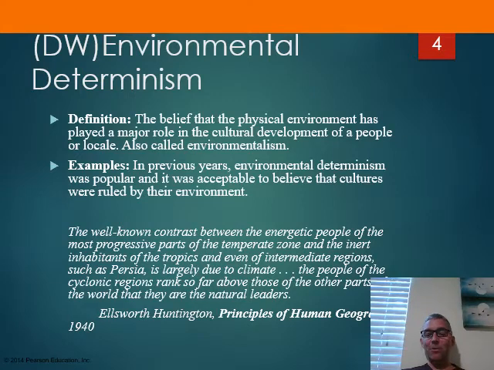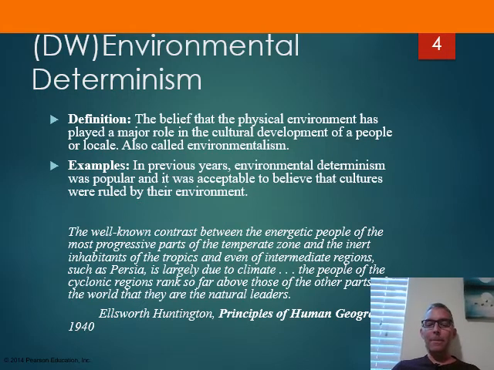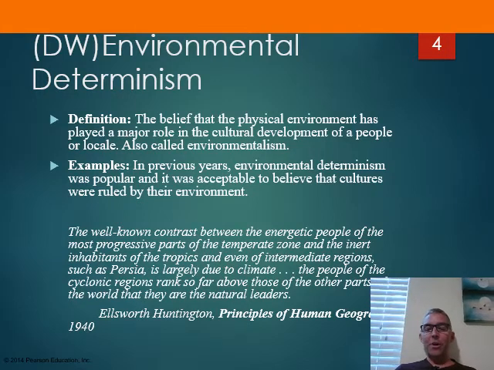So basically what they're saying is that the people in the colder climates are more dominant. They're natural leaders because the climate made them rough and tough. That's just proven not to be true. Like there's a million exceptions to this to prove that not to be true. It plays an influence, like I said, in human outcomes, but geographers are embarrassed about this because it's really been proven to be false.